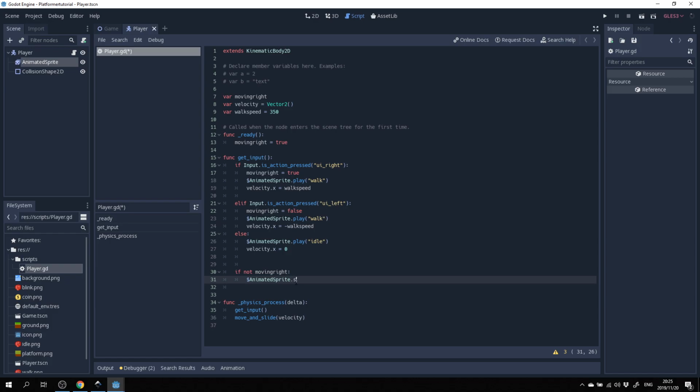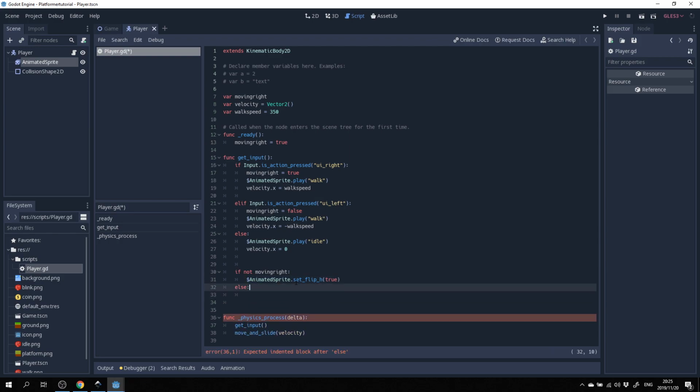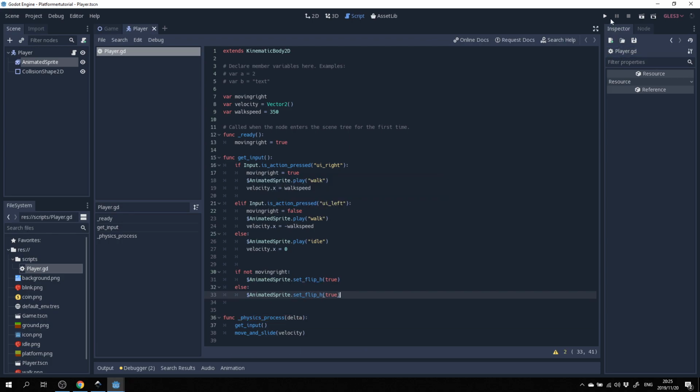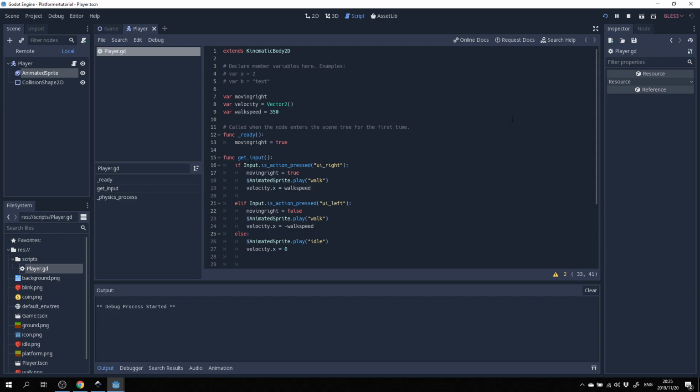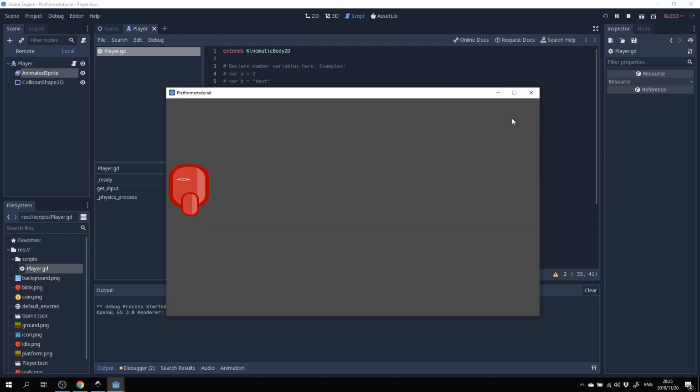Then let's say set flip H, that's for the horizontal axis. So if we're not moving right, we do want to flip it. Else, we don't want to flip our sprite. Save that and let's run this and see what happens.